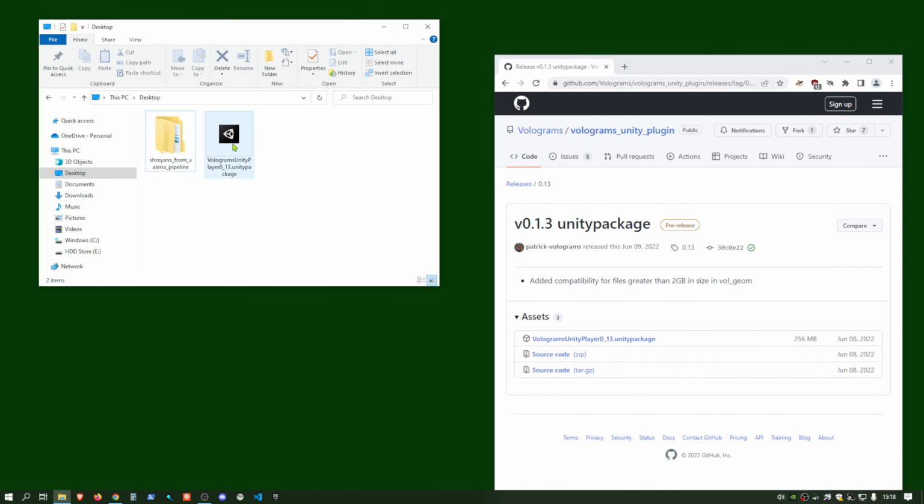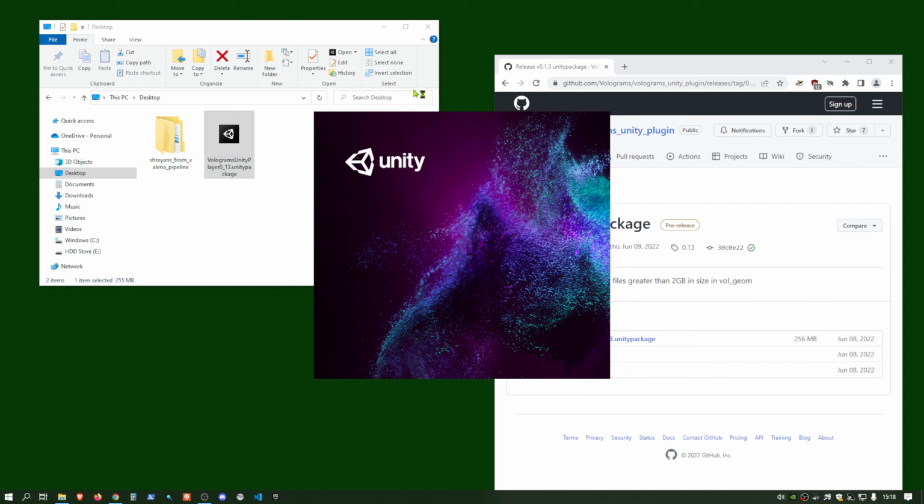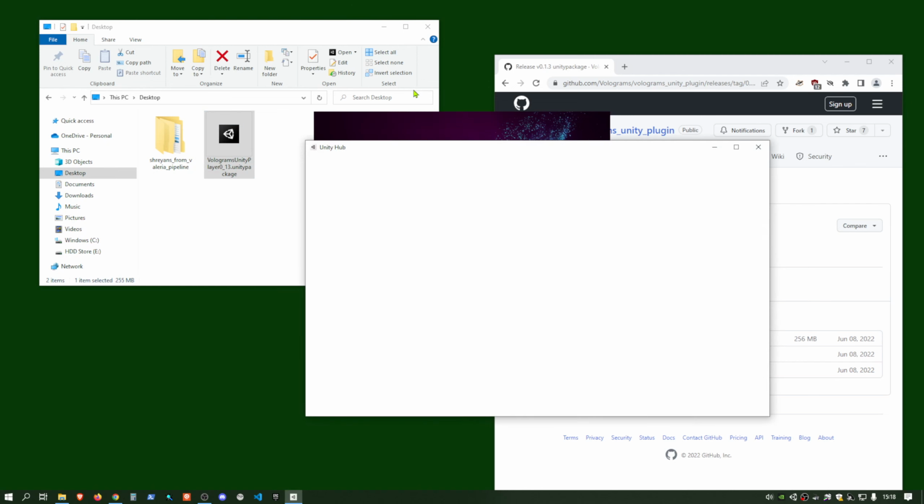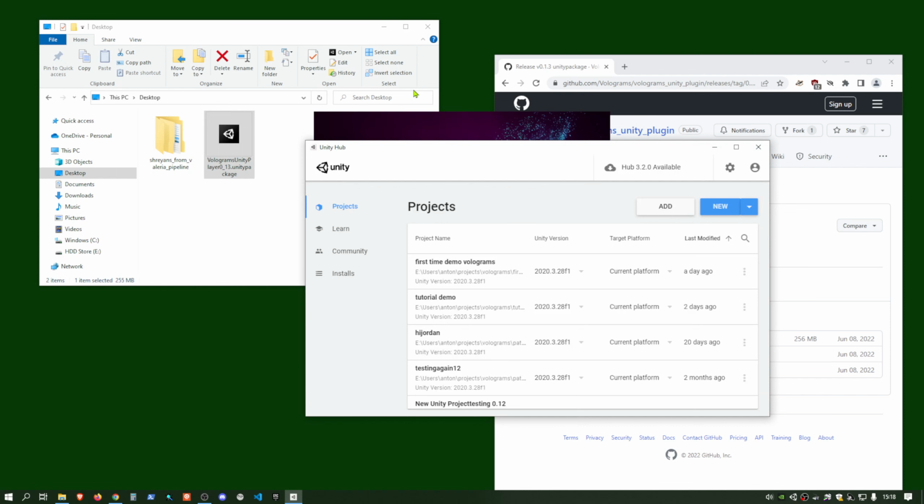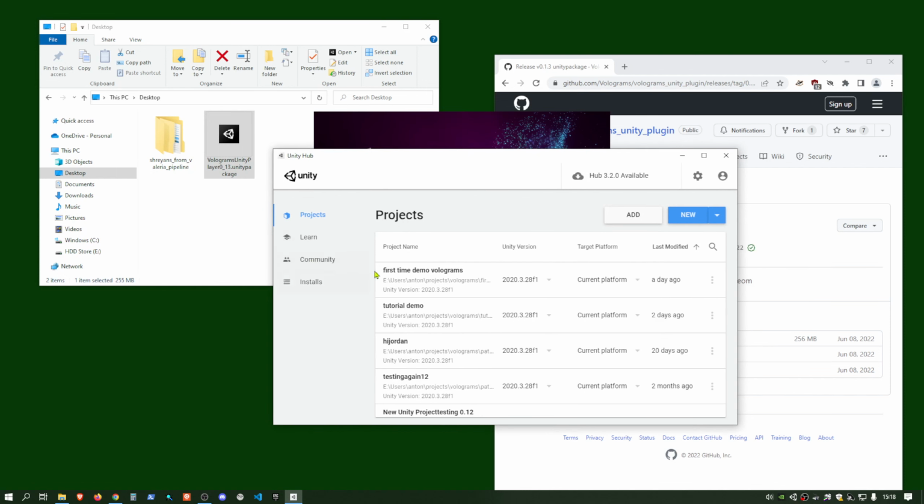And I've got that already here. Now, if you're on Windows and you've already got Unity installed, you don't really need to do a whole lot. You just need to double click on this and it'll start Unity for you. And it will automatically pull in that package. If this process doesn't work, and after creating a new project, which I'm about to do now, you're able to manually import a plugin as well. So if you don't get the Volograms plugin available in your project, don't worry, I'll show you how to do